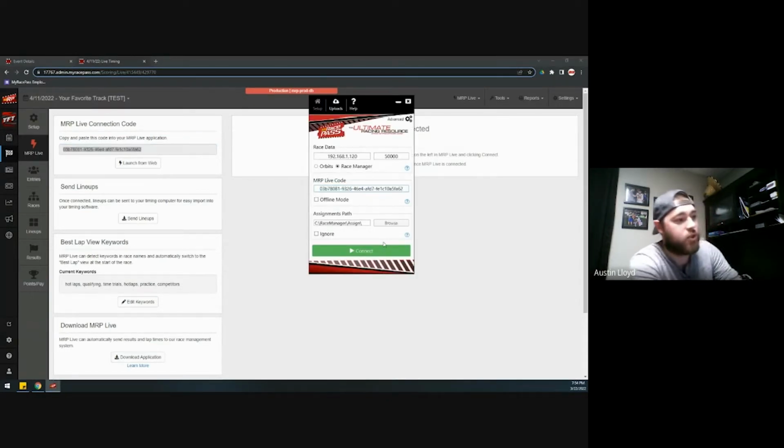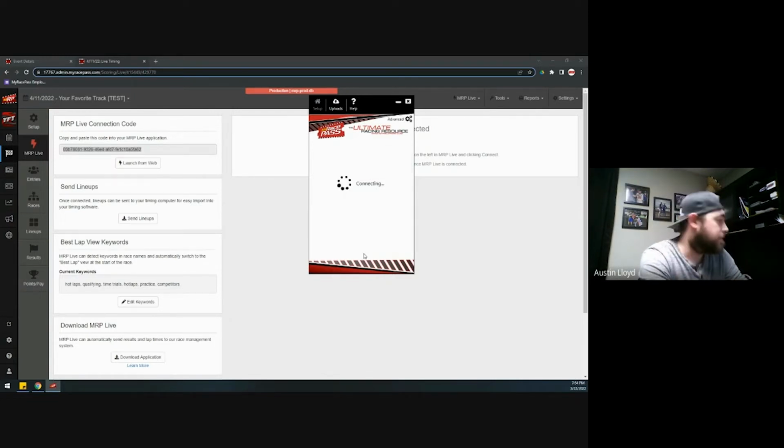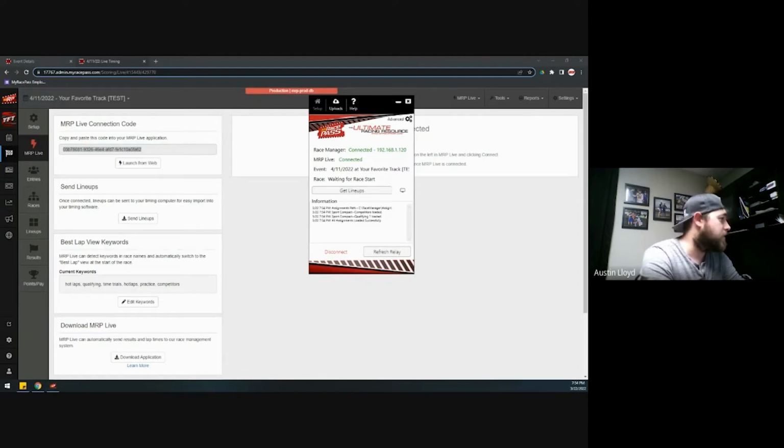Every event generates its own specific and unique connection code. That's how we tell the data which event to apply to. So you put the connection code in, make sure you've got the right scoring system selected, and we will connect. From there, it's a matter of pressing the Get Lineups button. I press Get Lineups, and then when I come back into Race Manager,